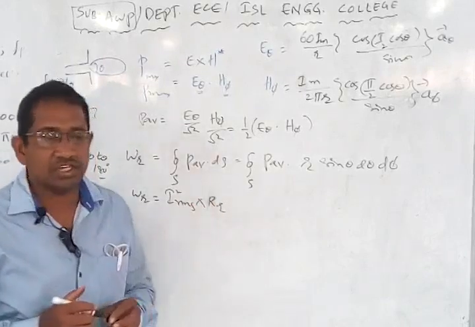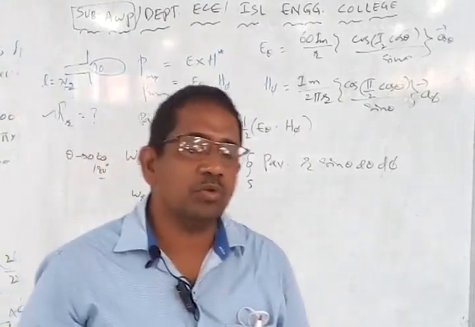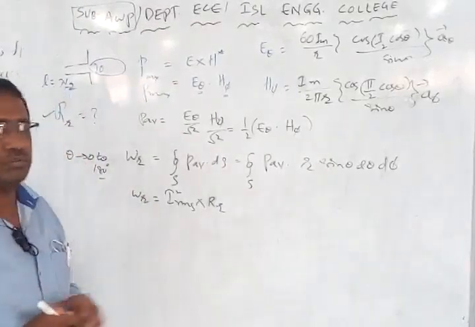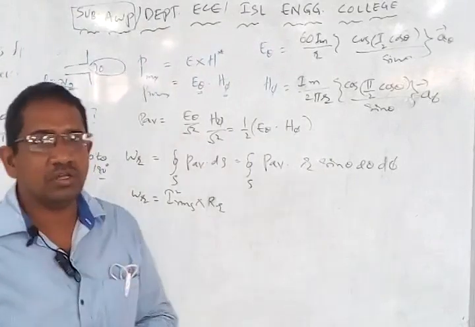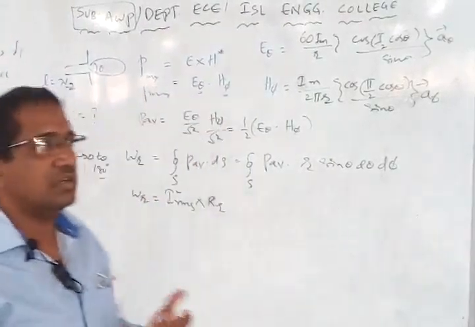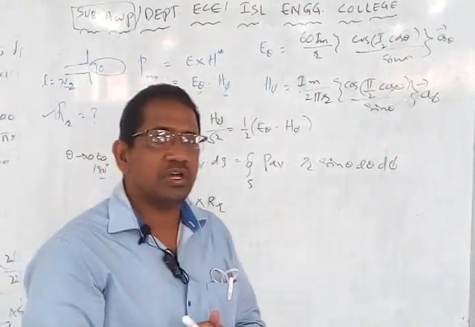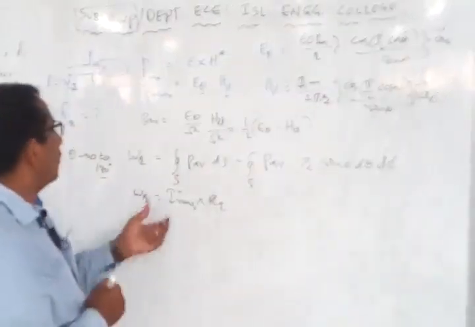It is something like the h parameters in amplifiers. What do you mean by h parameters? h parameters are all imaginary components. Here also, similarly, R_R is an imaginary component, but it plays an important role as far as radiation of EM waves is concerned. So therefore we go with this formula.